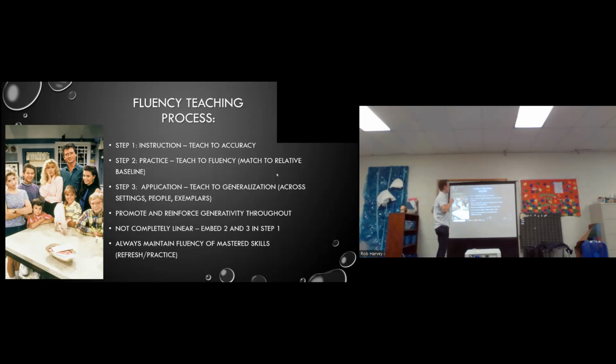So you're practicing so that they can get closer and closer to those aim lines, which in precision teaching they call your goals. So if I want to get to 40 responses per minute, then I need to start practicing, and they're at 5 now. Well, I need to give them a lot of practice, right? So we're trying to get to that relative baseline.